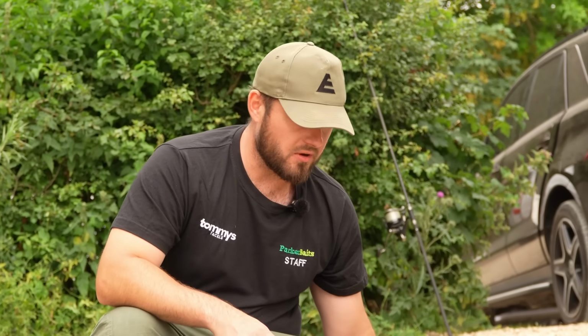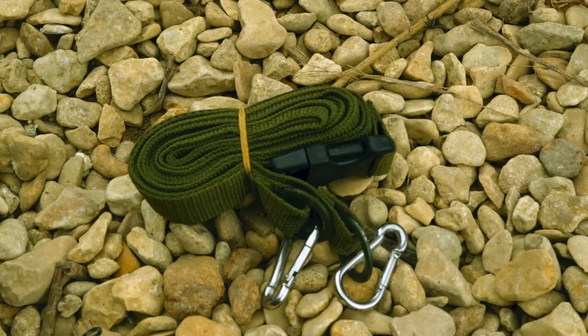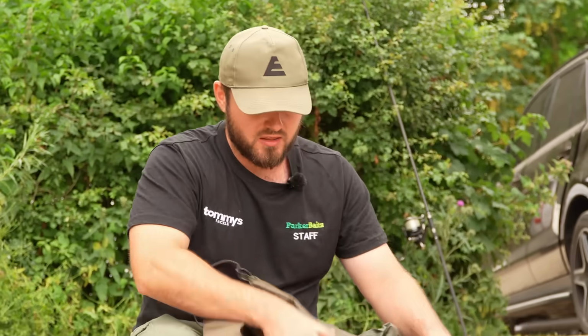So the ground sheet's out, like I've just mentioned, and that's what I love about the RS, because you can just get it all in the oversized bag. You've got the tension straps. I've got a lot going on here, guys. I've got the skull cap that makes